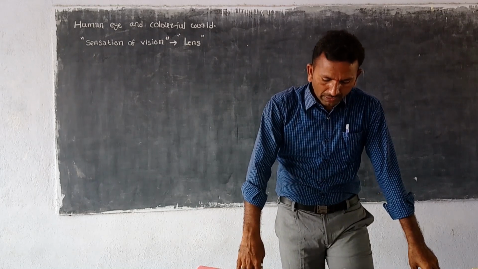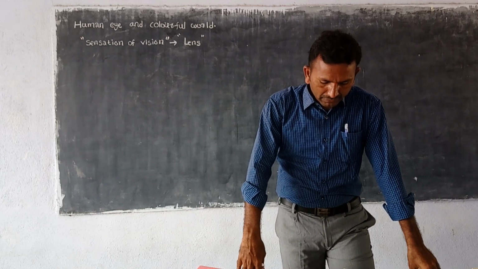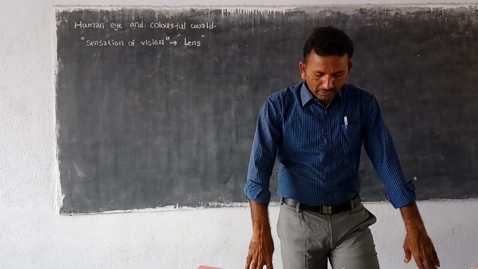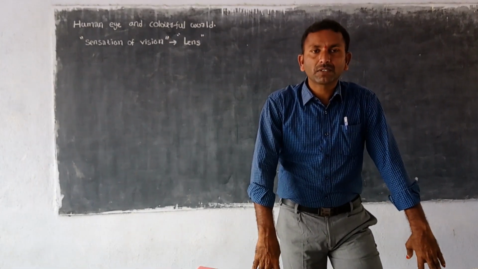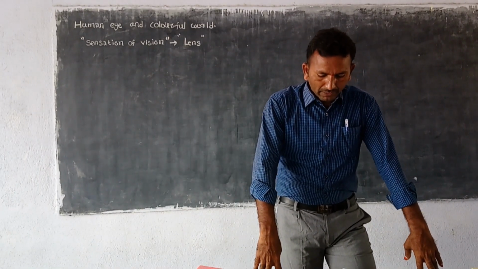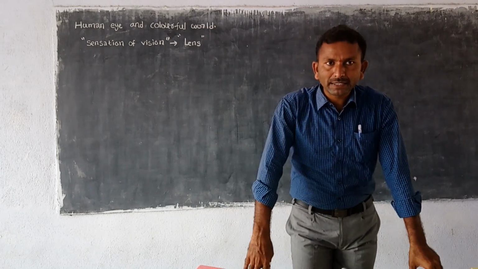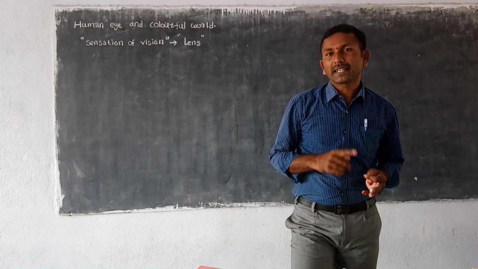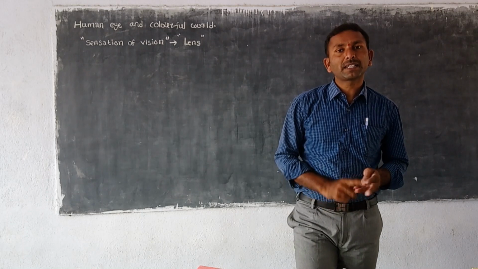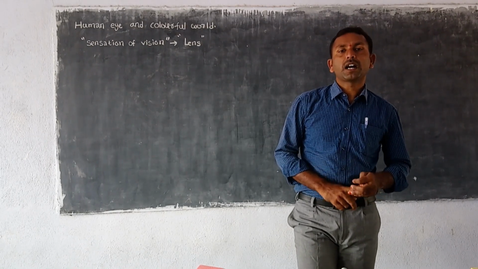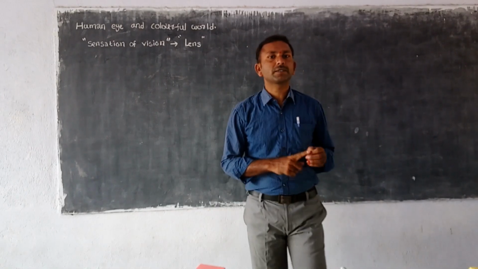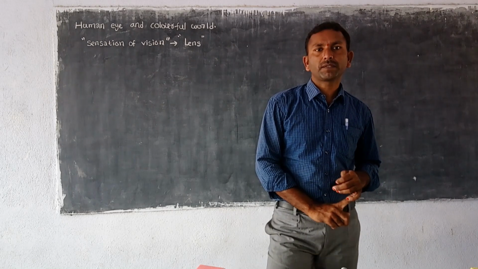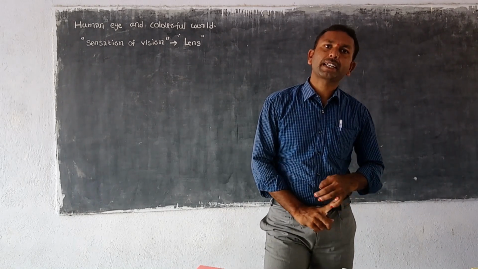In the previous chapter you learned that the focal length of the lens and the object distance determine the nature, position and size of the image. So in the previous lesson we have learned something. What is that? The focal length of the lens. The object distance and the focal length, these two things determine the nature, position and size of the image. Mainly these two things. What are those two things? Focal length and object distance. These two mainly determine the position of the image, the size of the image and the characteristics of the image.